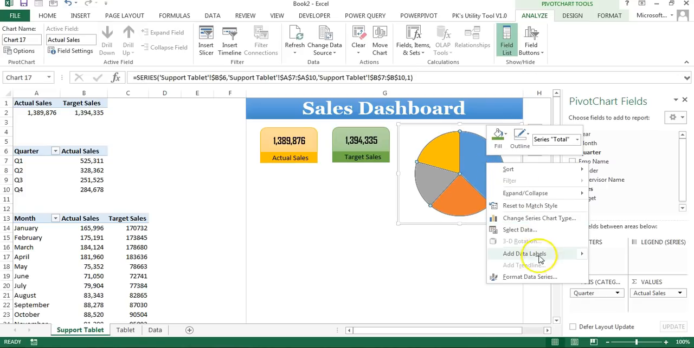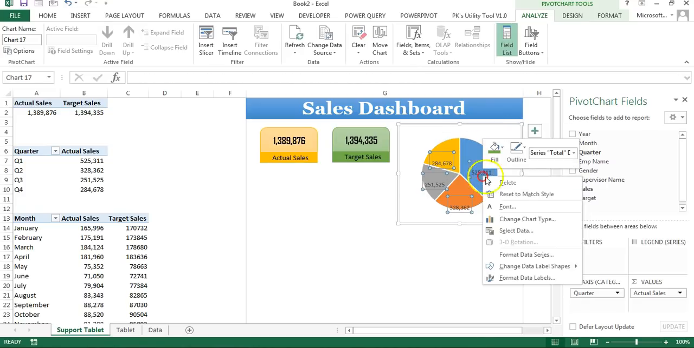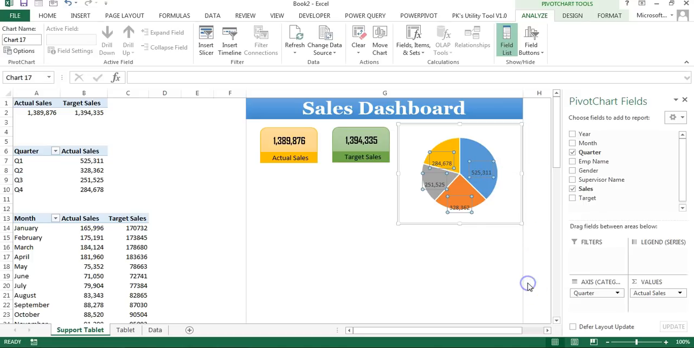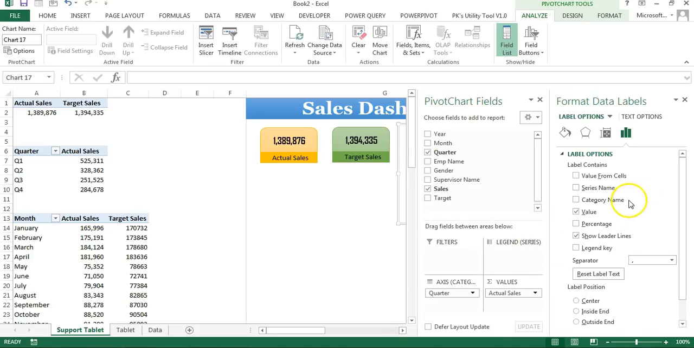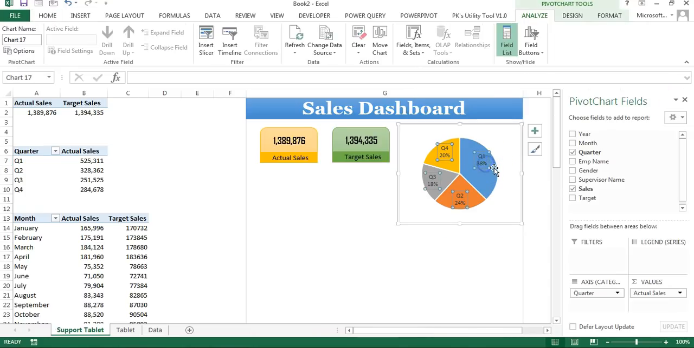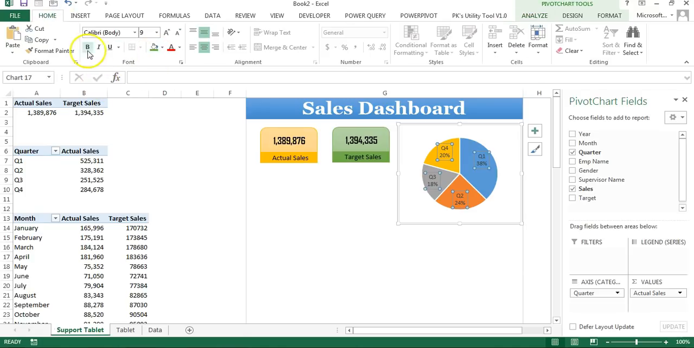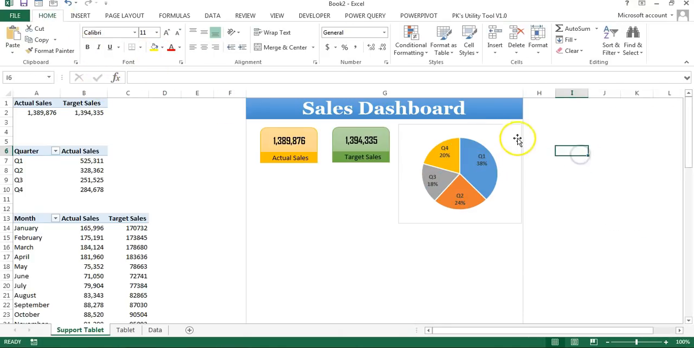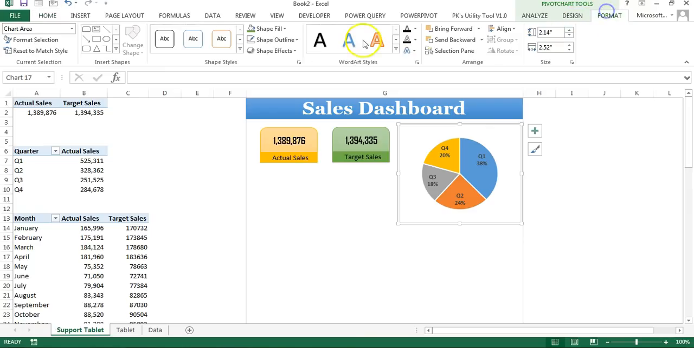Select the pie chart, add the data labels, right click on the data label, go to the format data labels, and here we will select category names and percentage. Uncheck the values and slide lines, and just close this. So you can see our data label will look like this. Now select the data label and make them bold. Now what we will do, we will select the chart, go to the format, shape fill, no fill, shape outline,